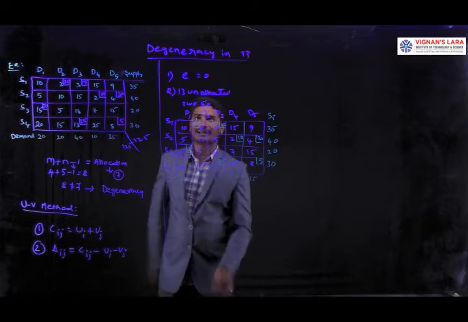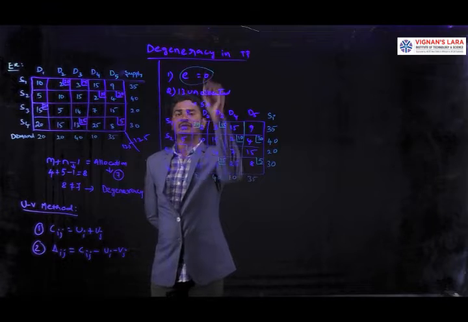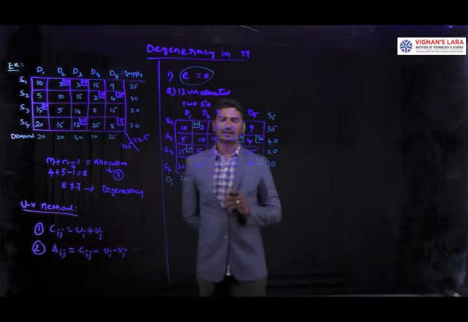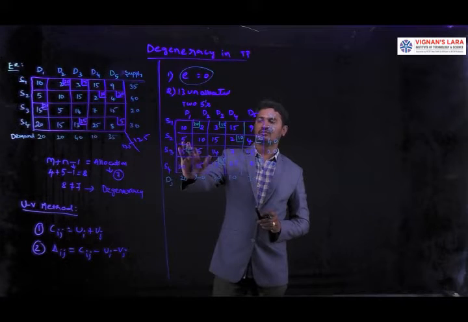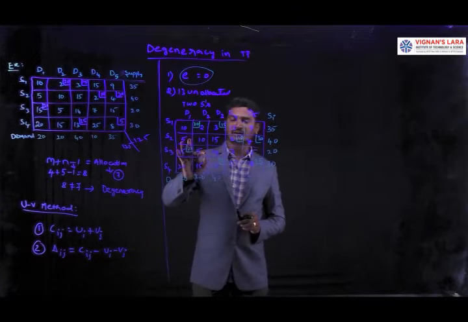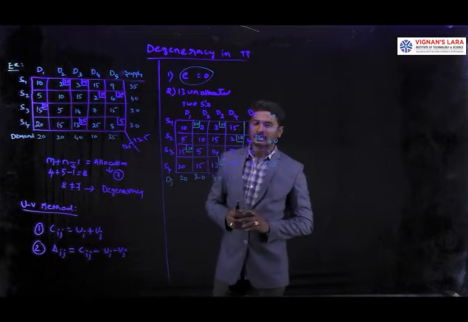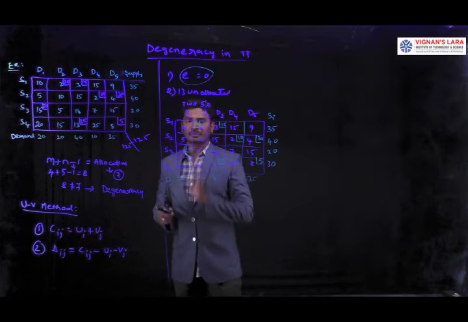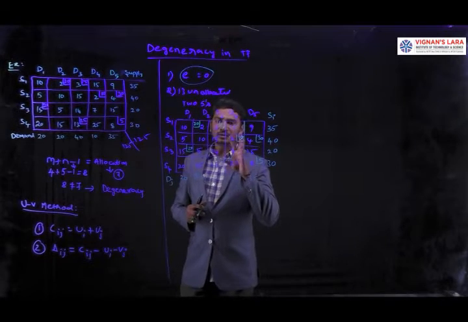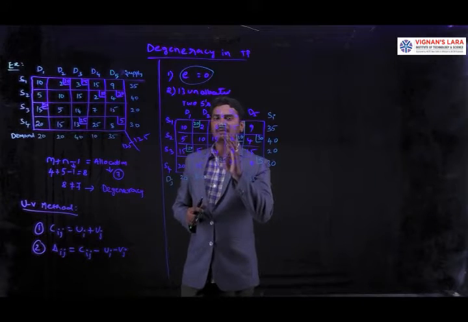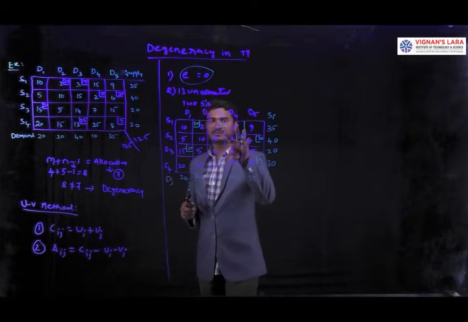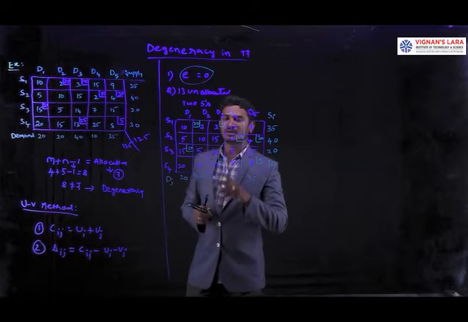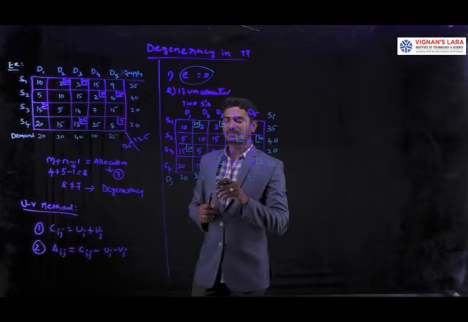Now I am going to allocate the epsilon value. Where are we allocating it? At either of these two cells we are going to allocate the epsilon value. Why for these particular cells? Because we have a thumb rule: we have to identify the minimum cost value from the transportation matrix, and in that minimum cost cell we are going to allocate.